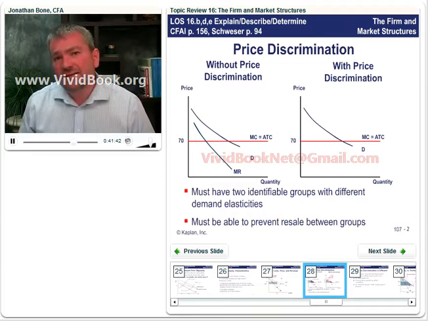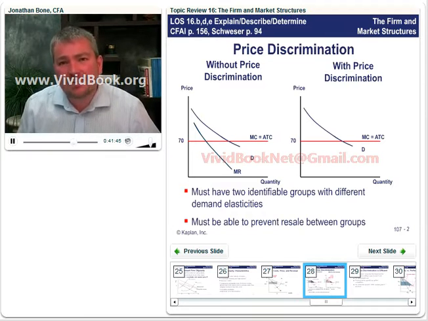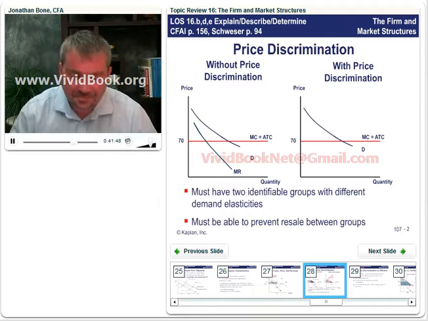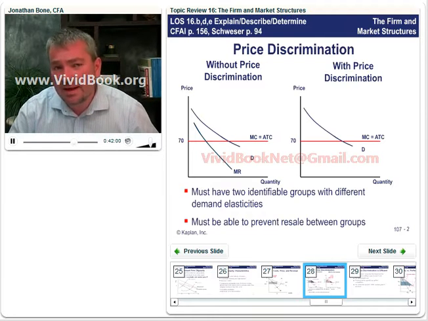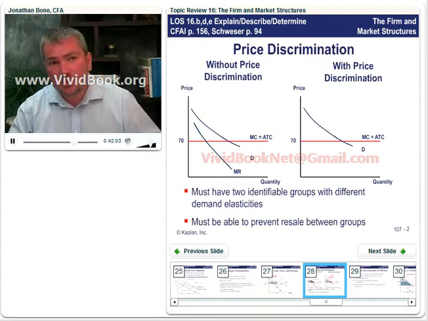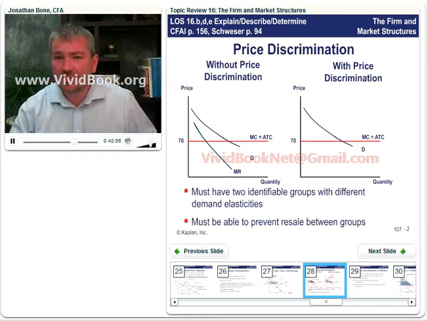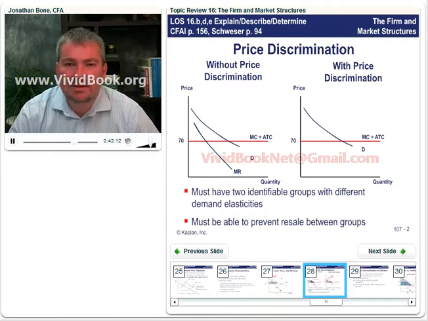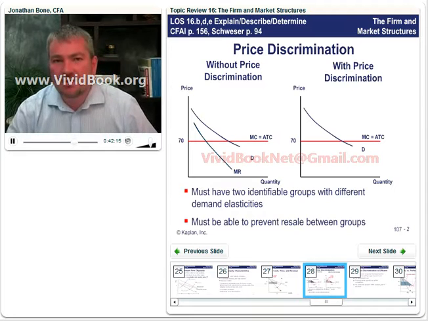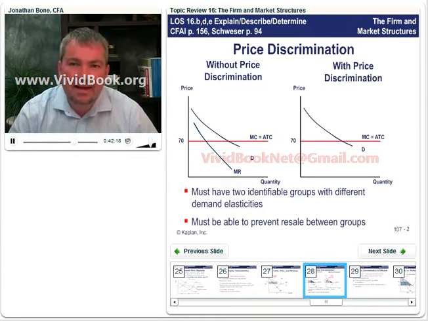By doing that, we're going to be able to increase the firm's essentially economic profits. The firm will be more profitable. Why? Because it's charging prices for customers that are equal to their marginal benefit. By doing that, what the firm is actually doing is taking consumer surplus and converting it to producer surplus. Okay, now of course, let's start off without our price discrimination. So they're going to price where marginal revenue equals marginal cost, and that gives you the price of 70 in our particular diagram. Okay, fair enough.